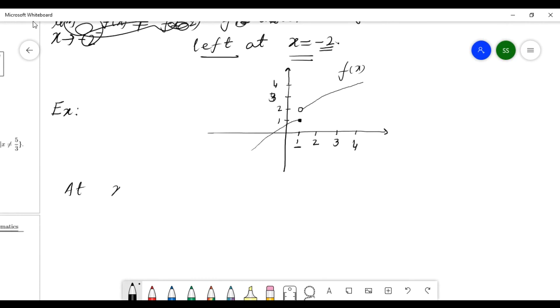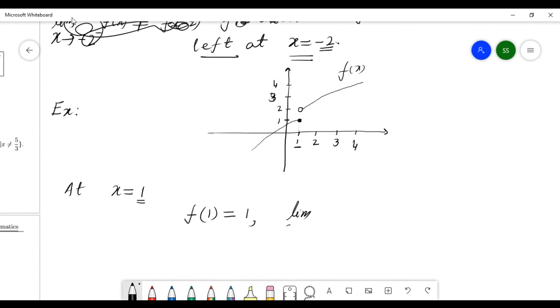At x equal to 1. Check here at x equal to 1. If you write this at x equal to 1, if you write this f of 1, come here, tell me. F of 1, yes, 1. F of 1 means x is 1, exact value x is 1. So if you go here, this point is present, this point 1, output 1. Right?